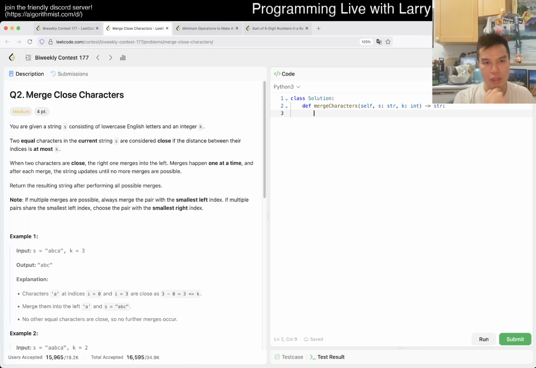Okay. Yeah, that's what I was looking for. Okay, multiple merges always merge from the smallest left. The smallest right. Okay, so that's the biggest thing, right? Yeah, I mean, I think that's fine. We would have something like, right, and